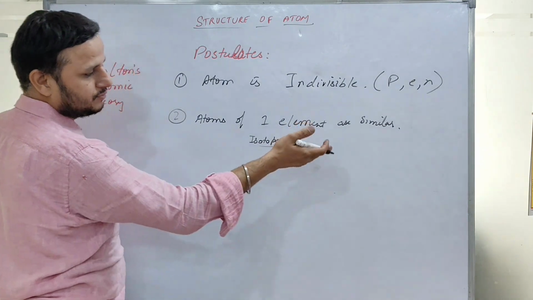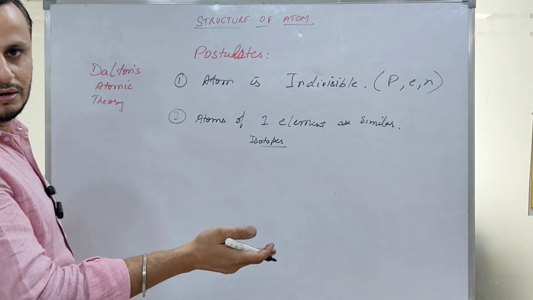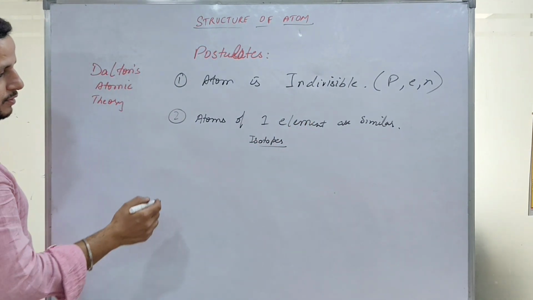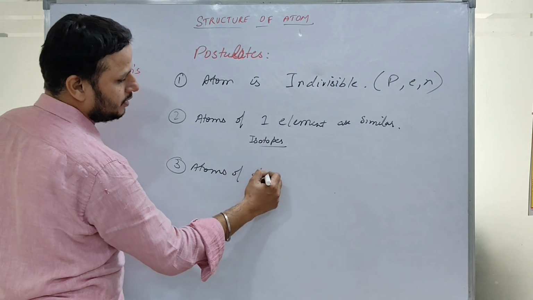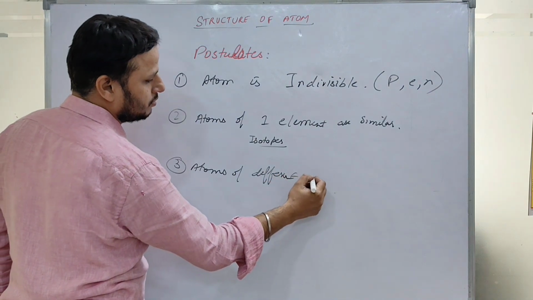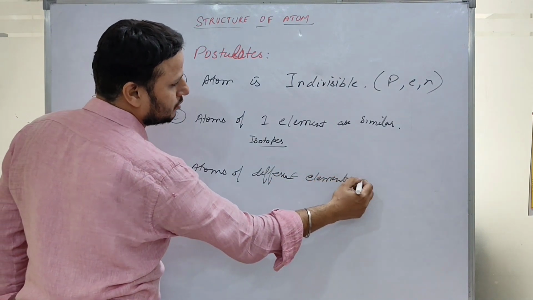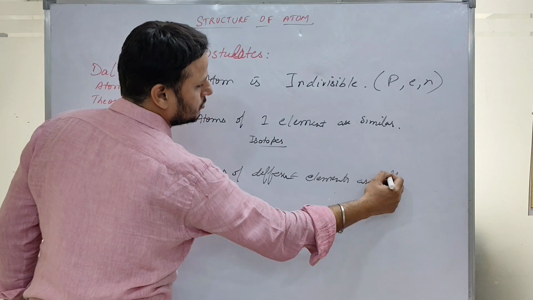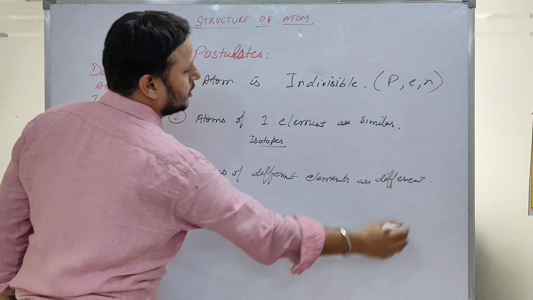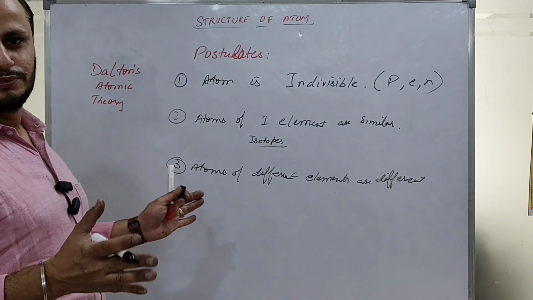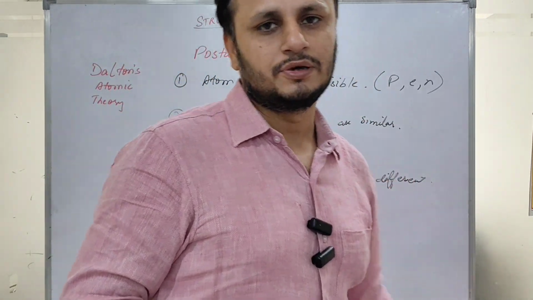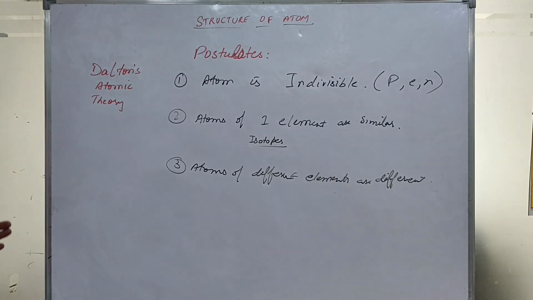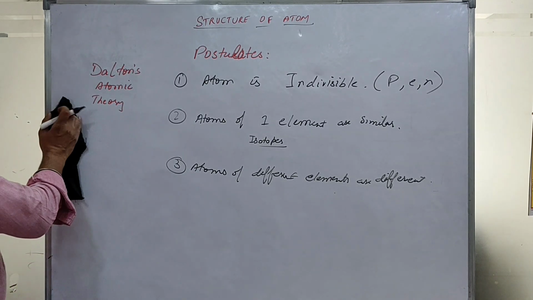Isotopes of elements, atoms of same element but having some different properties, and atoms of different elements are different according to Dalton. So isotopes, isobars, they will fail the postulates of Dalton atomic theory. So this is about Dalton's atomic theory, and then